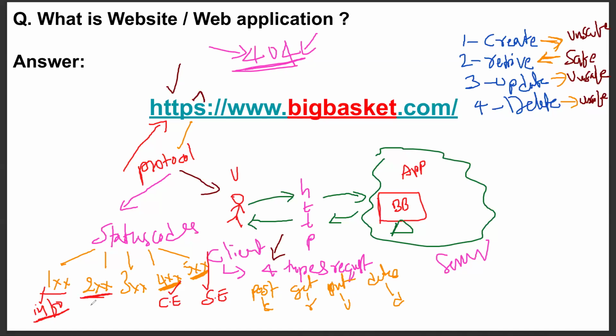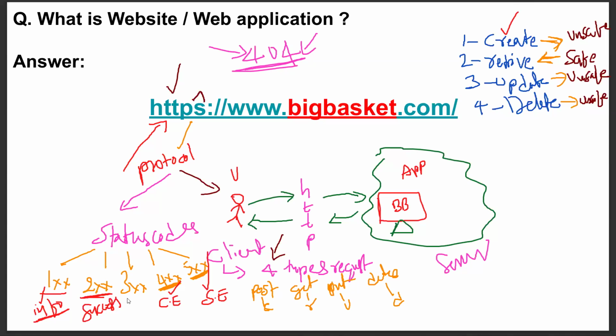And the next one, 2xx, is nothing but success-related information, guys. Success in the sense, if you create an Amazon account, or if you place an order in Amazon and your payment is done successfully, all are success-related information. Three things I have explained: you have created an account, your order is created, you added the item into the cart successfully and you did the payment successfully. All are 200-related codes only.